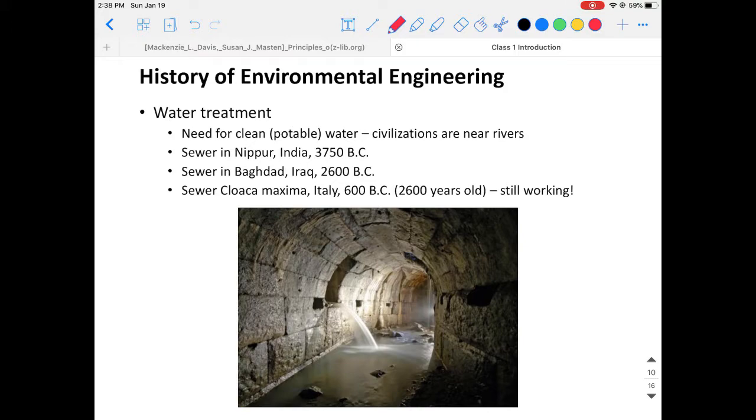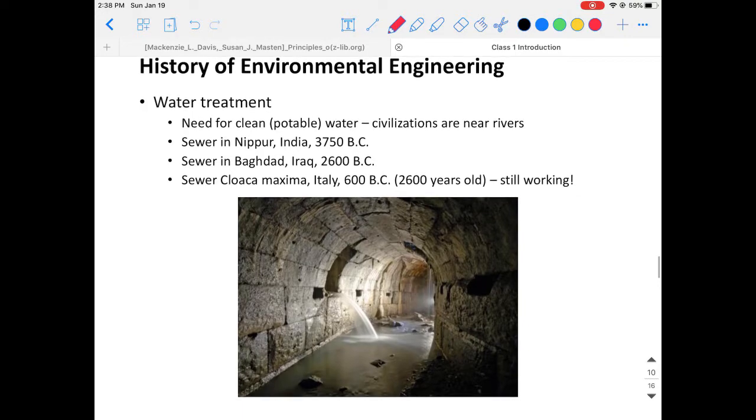And this is a picture of the sewer system, and it is actually still working. And you actually sometimes can get amazed at how skillful, or how thoughtful, these people were at that